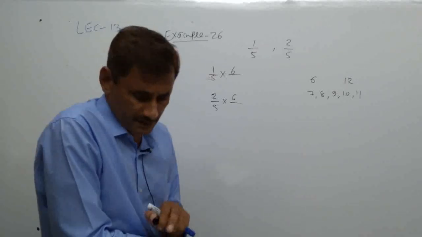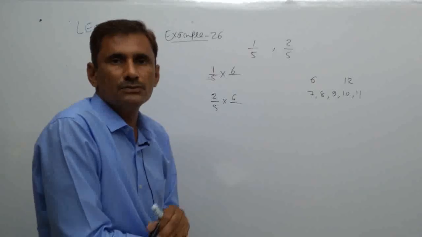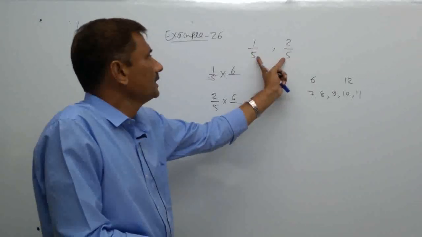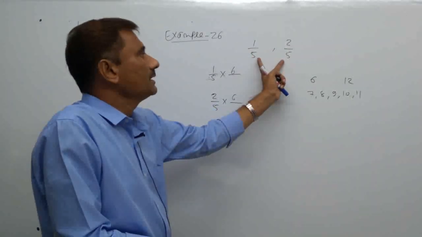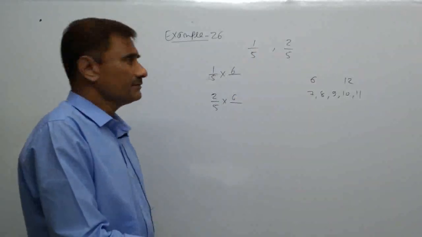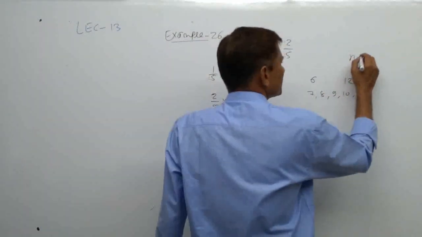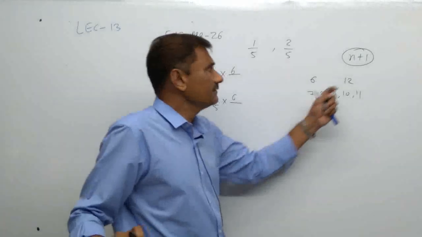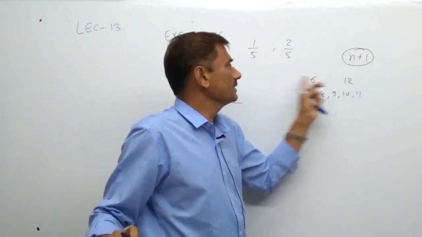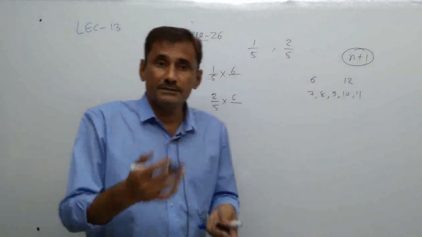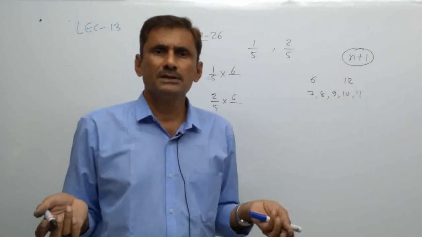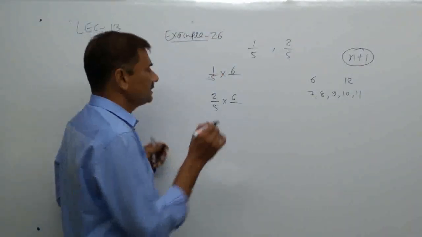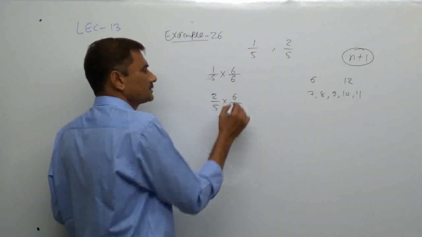They multiply by 7 in the solution. Even if you multiply by 8 also, but minimum by 6. Understood? So whenever no gap is there and the denominators are equal, you just multiply by n plus 1. Actually this is not hard and fast, not strictly required here. Why? Because n means 5 numbers are required, so you can multiply by 6. Even if you multiply by 7, 8, 9, 10, then obviously you can find 5 rational numbers easily. But here we are not getting such big numbers, so multiply by 6.